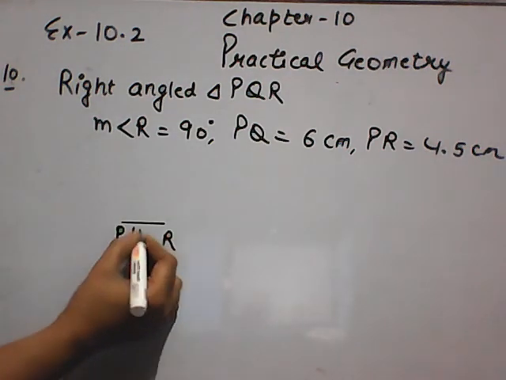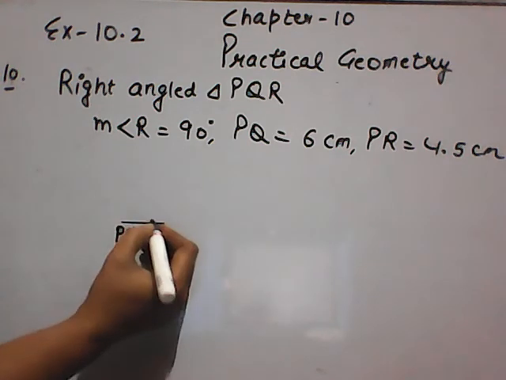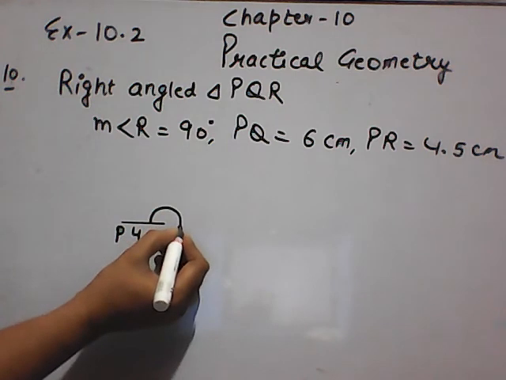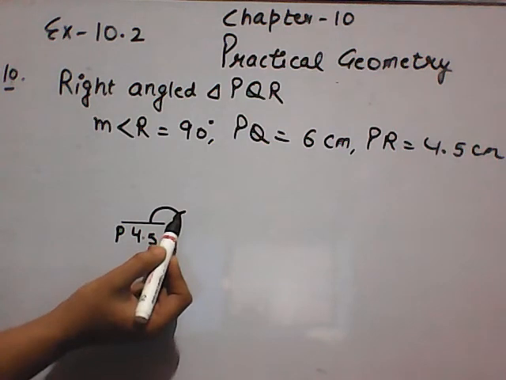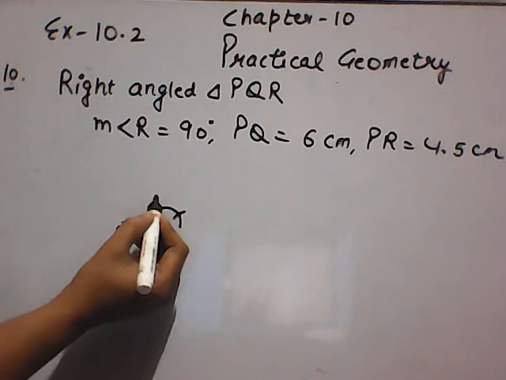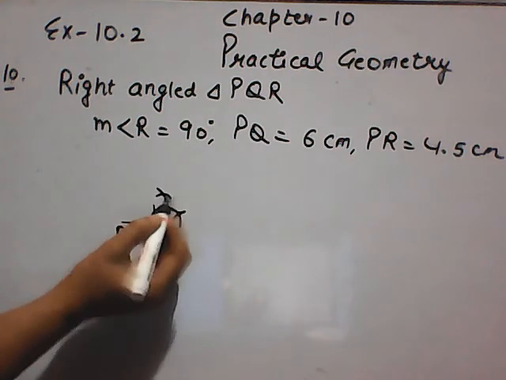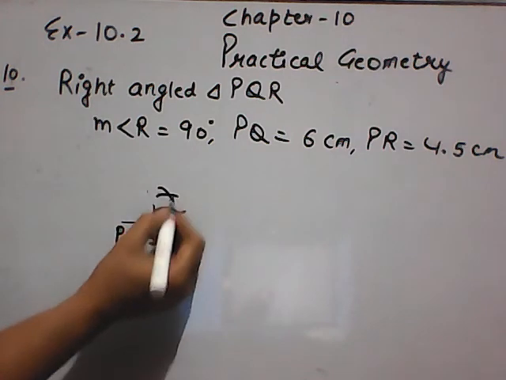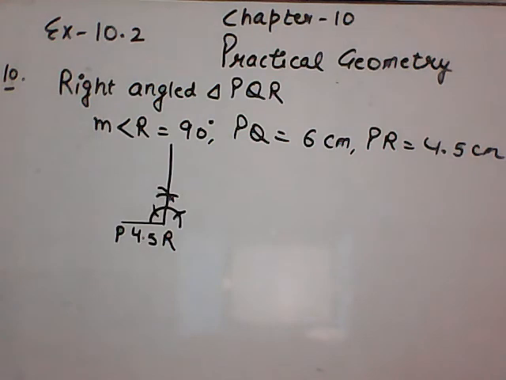Now at point R, you have to draw 90-degree angle. With the help of compass, you can draw 90-degree angle. Open some convenient radius, draw a semicircle. Where it cuts, you have to draw an arc. Now you have to put here pinpoint needle of the compass. Again draw an arc. You have to extend this arc and you have to put here needle and draw another arc. Where these two arcs meet, you have to join in this way. It is 90-degree angle at point R.